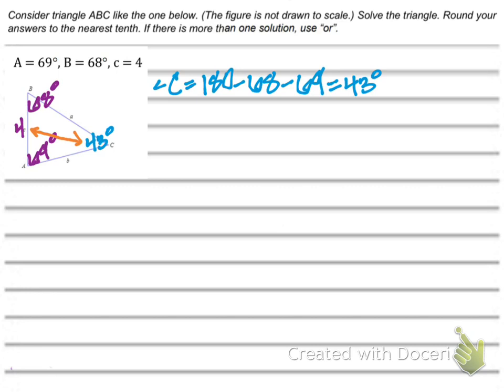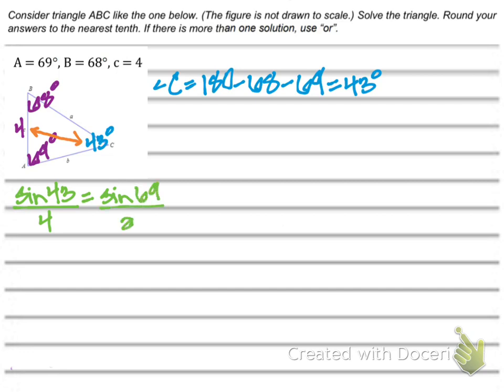That's your ratio. So I'm going to have the sine of 43 over 4 is, let's find opposite B first. We'll just go in order here. Oh, order would be A, right? The sine of 69